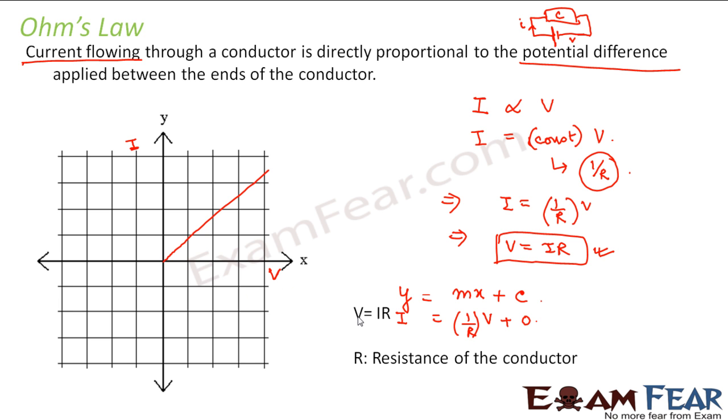Therefore, V is equal to IR is the standard equation representing Ohm's law, where R is the resistance of the conductor. Now we will first study what resistance is, because only after we study resistance will we actually know the concept of Ohm's law, because knowing Ohm's law without knowing resistance is of no use, right? So let us now